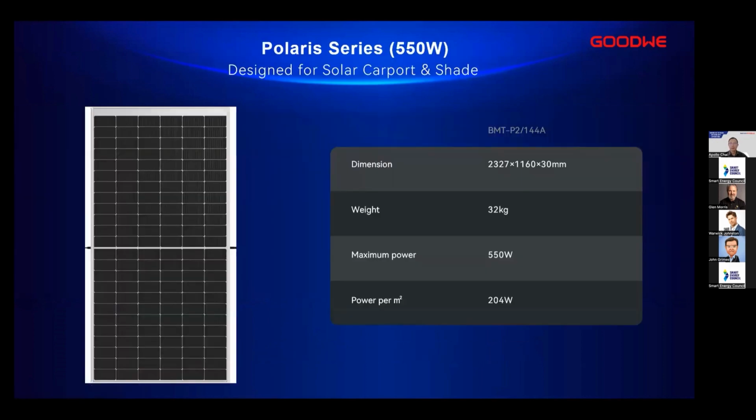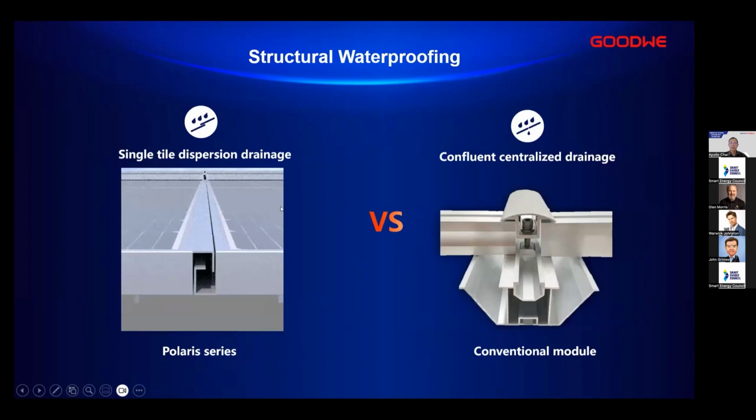Another concept I'd like to introduce here is Polaris, which we designed for solar carports and shade. Different from Galaxy, it's not a lightweight panel. It weighs 32 kilograms with 550 watts. The efficiency is the same as traditional panels, but it has a waterproof structure built inside the frame. So compared with traditional panels, if you want to make a waterproof roof,